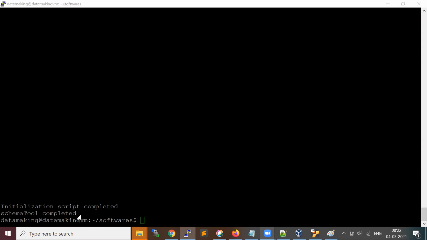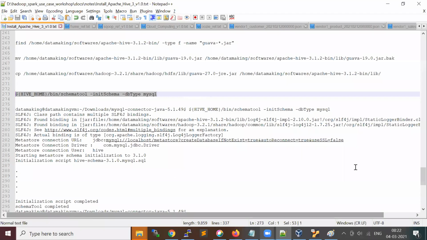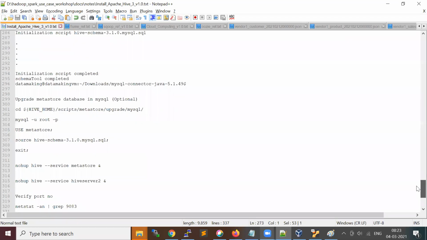Okay. Once you do this step, you need to actually upgrade the Metastore. Some places say this is an optional step.